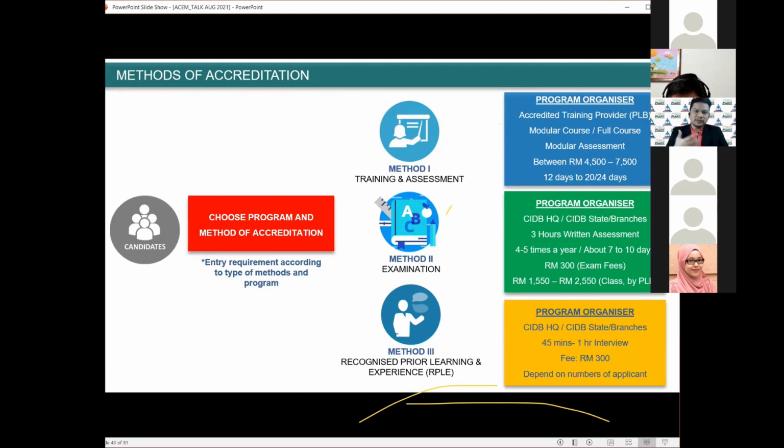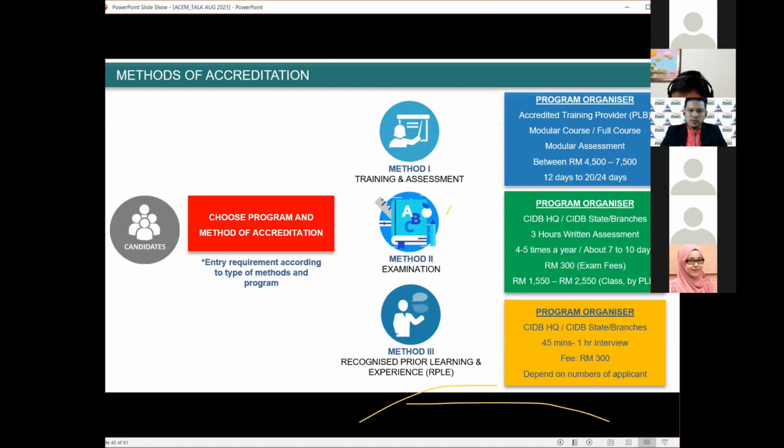It is not my cost, it's actually a well-known cost, but we are referring to the CIDB Holdings cost structure as well. So our cost for this program is basically referring to that benchmark, so that we can have quite similar and close pricing from one to another.